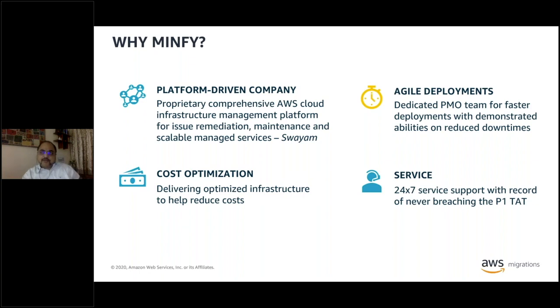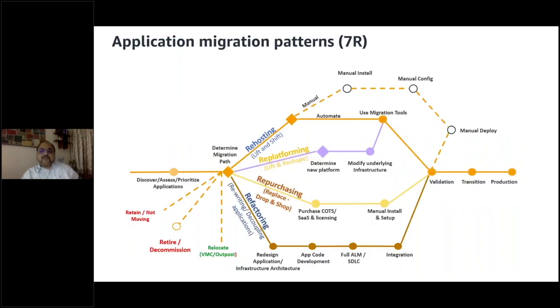Okay, so as Ritan did say, TCO is something you have to build up and work on over time. To reduce the TCO, you need to continuously invest time and energy into reducing cost for your infrastructure. So Minfy helps in doing that, and we have 24/7 service support. So you really don't have to worry about your infrastructure. We're always there. So one of the most interesting diagrams that I love to talk about